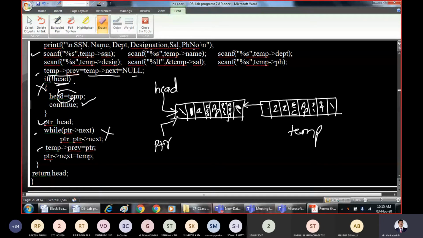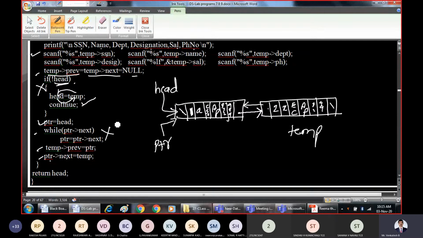Whenever you write the pointer, you should remove the slash, because slash indicates null. So ptr pointer next equal to temp. We have performed the linking successfully.